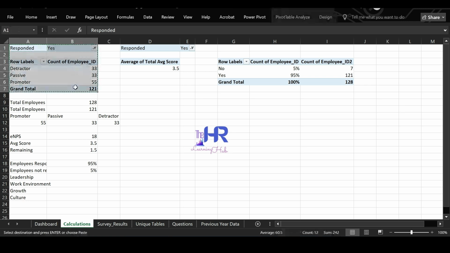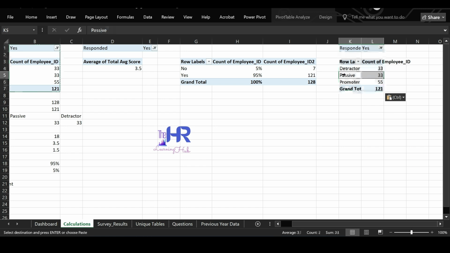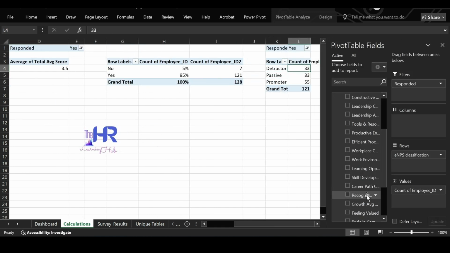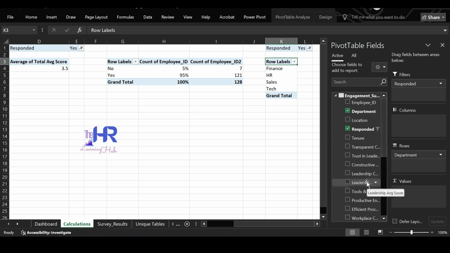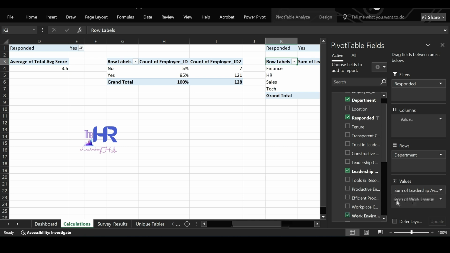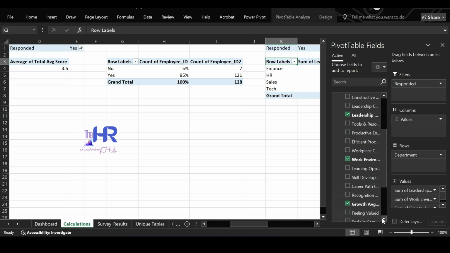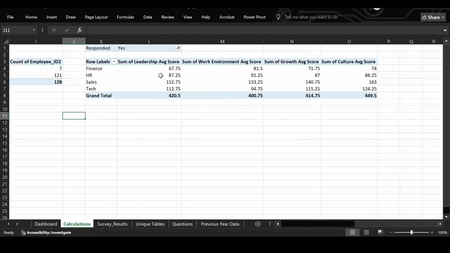Let's take this again and copy paste the pivot table one more time. Remove ENPS classification, add department over here. Remove count of employee ID. Add all the average scores across different categories: leadership, work environment, growth, culture. Now we don't want sum over here, we want average.